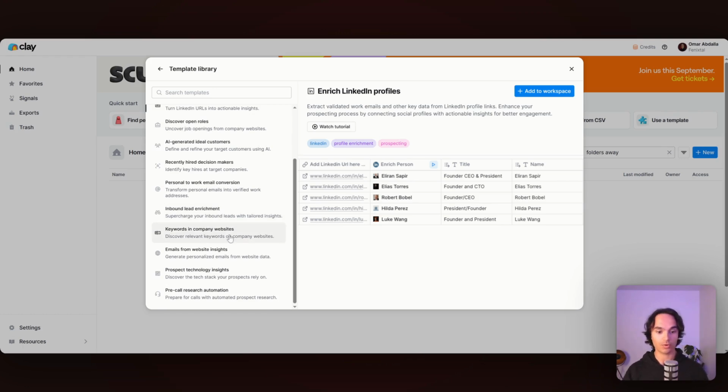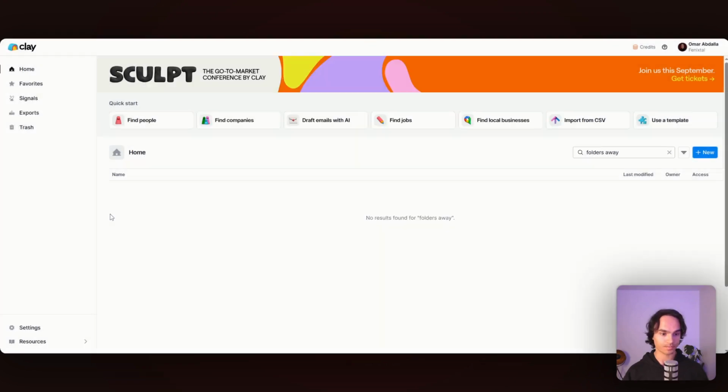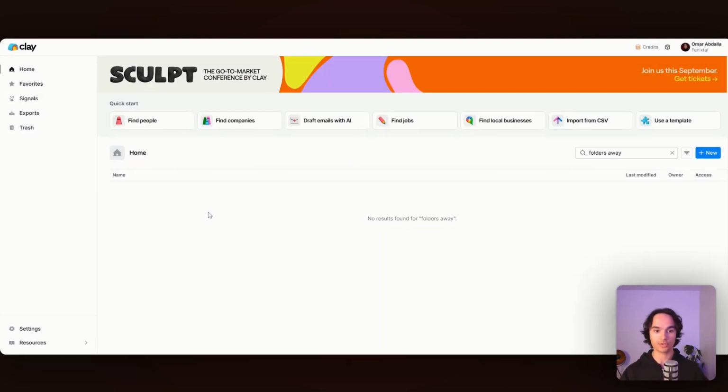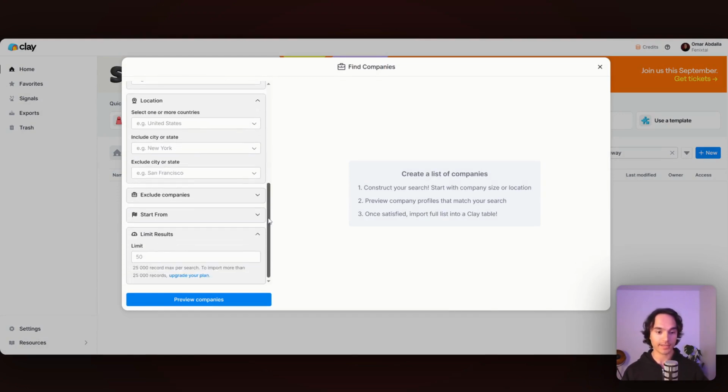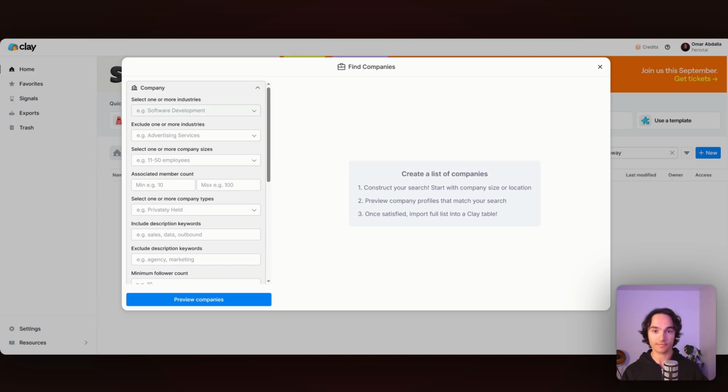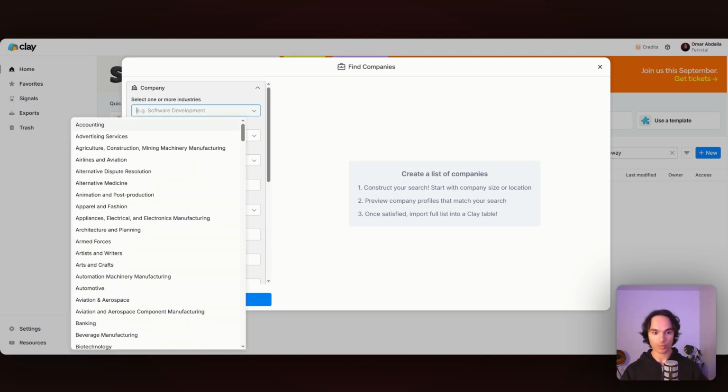You can also look for companies that have a specific keyword on their website. You can also check what kind of technology the companies are using, and yeah, there are many more things you can do. But we will start from the company search, so find companies here. And this looks pretty much like most of the data tools out there, so you can put your filters here. So what we're gonna do, we're gonna check